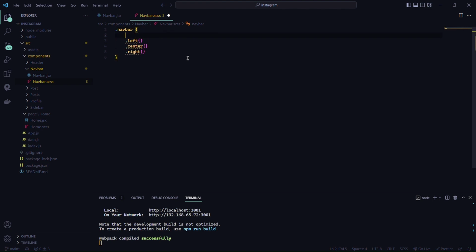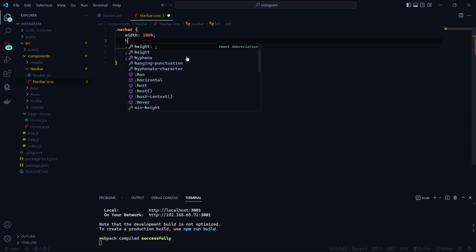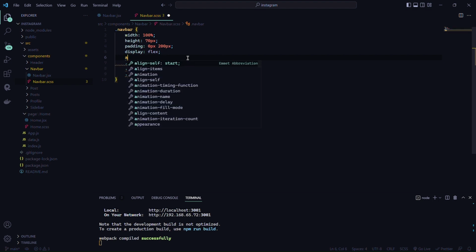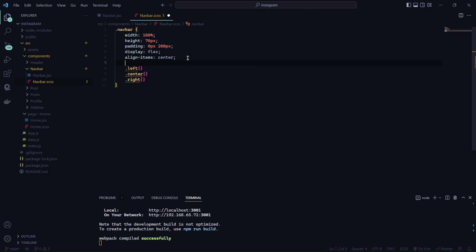So firstly navbar. Give it a width of 100%, height of 70 pixels, padding 0 pixels from top and bottom, 200 pixels from left and right. Now display flex, align items center, justify content space between,